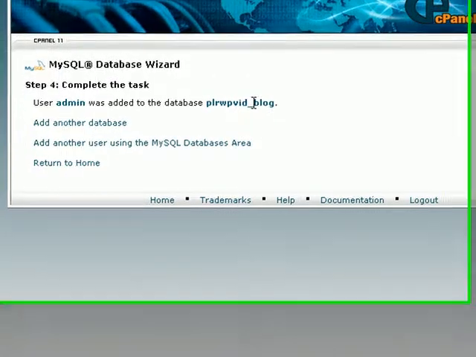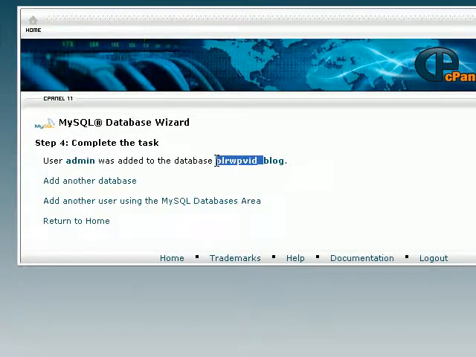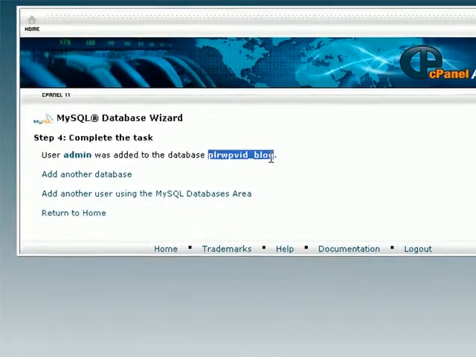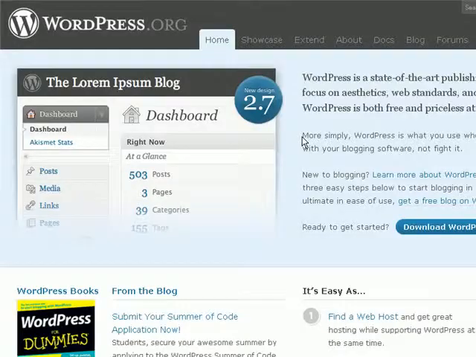But what's really important is this part before here, which is your cPanel username followed by an underscore. And when you want to enter the MySQL database details when setting up your WordPress blog, you need to enter the entire thing here as the database name, which is your cPanel login ID underscore followed by your MySQL database name. Then what you'll want to do is go to